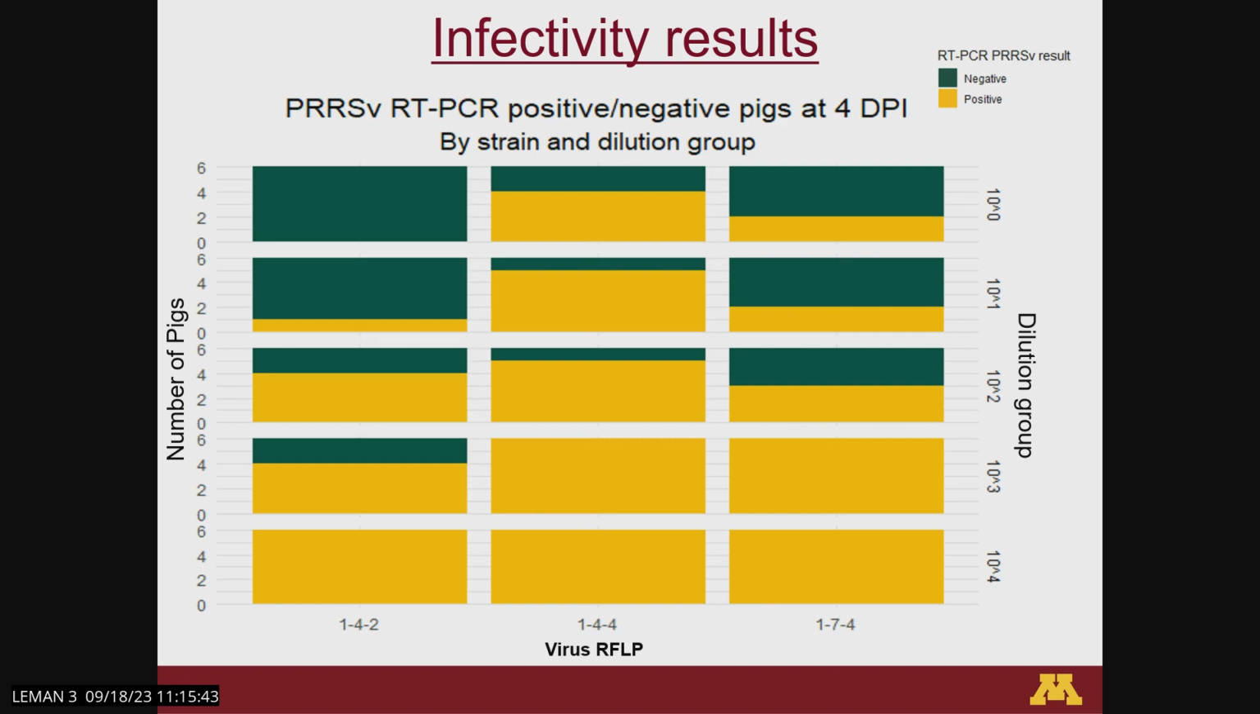Now let's check the variant 144. You can see that even the lowest dilution subgroups have over 50% of the pigs positive at day 4. So keeping this in mind,